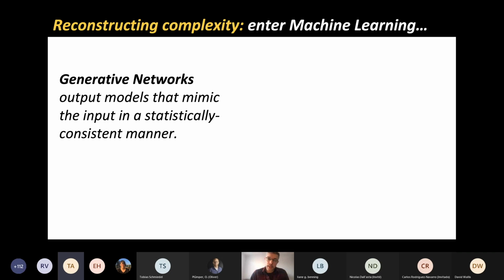So what's a generative network? A generative network is a network that takes in an input and predicts itself. I'll show you in the picture. That output is not exactly the same version of the input, but it is the same to some statistical metric, some measure of difference that is statistical and not bit-by-bit equivalent.